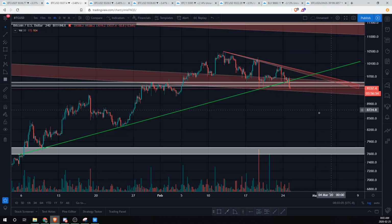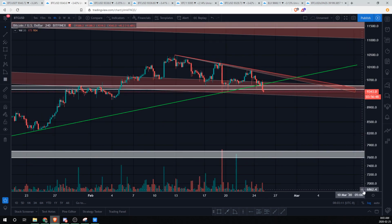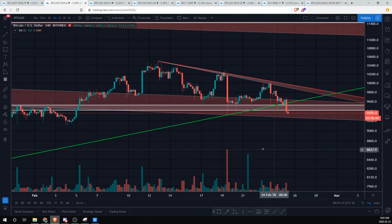We will want to see on the 4-hour here. So we just got a close, and the next candle is looking like it's pushing back down. Looking at the volume on the 4-hour, we actually did get quite a bit of buy pressure within that consolidation. But with the lower lows and lower highs coming closer to the support zone, we can clearly see that it's more volume distribution, not much volume accumulation going on